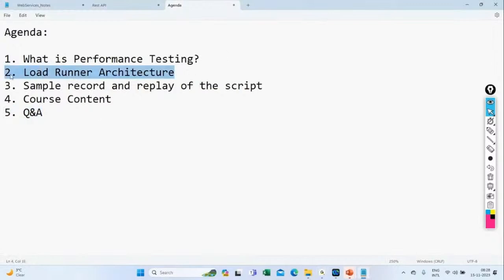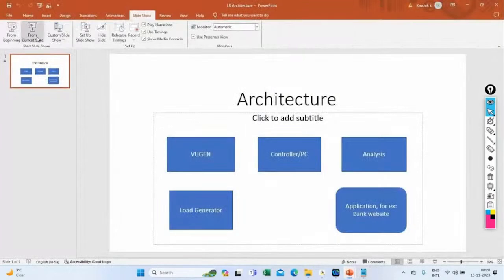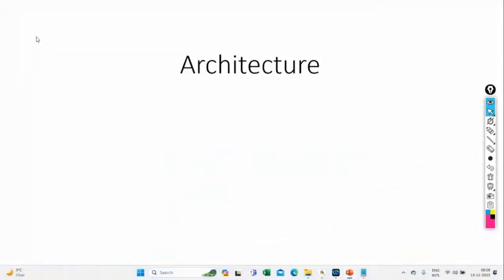Okay, now coming back to LoadRunner, because this is all about the LoadRunner course. So let's discuss LoadRunner architecture. I'm going to derive the architecture based on some questions. For example,